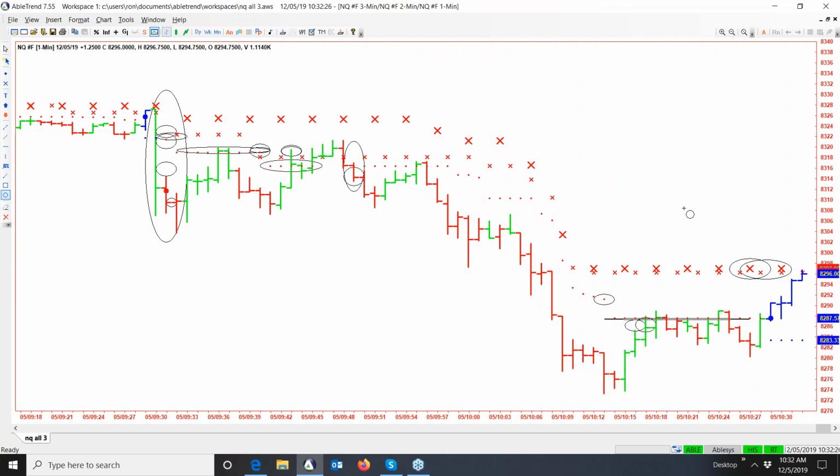Again, this helps to not trade your emotions, which nobody can win if you trade your emotions. I mean, that's just a waste of money. I don't see how anybody could win trading emotions. This has no emotion. That's why it works so well and has such a strong track record for such a long time. So the more you can lean on it, the better you'll be. So that's up to you to decide and to see what you think.